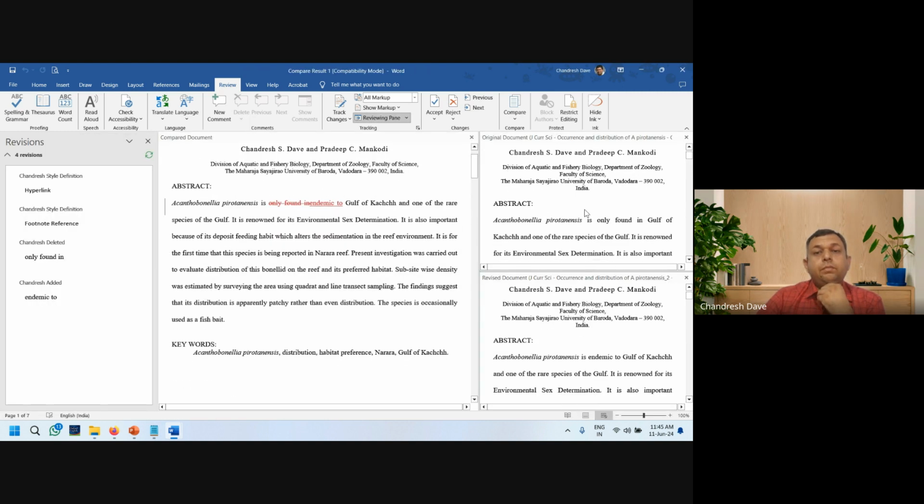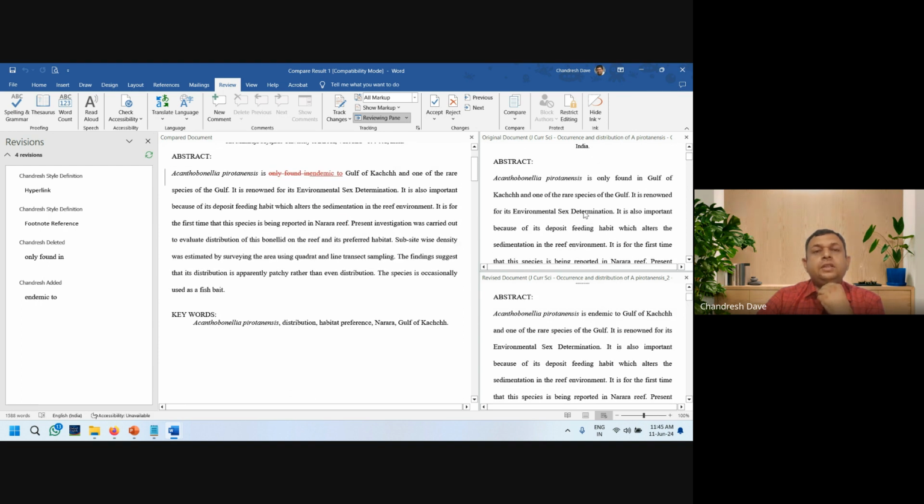So it will pinpoint the changes in these two different documents. Like here you can find this is the original document, and this is the other one. So document 1, document 2.